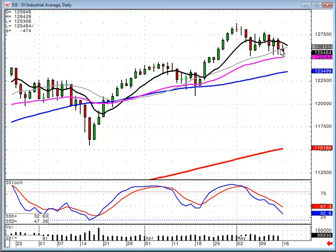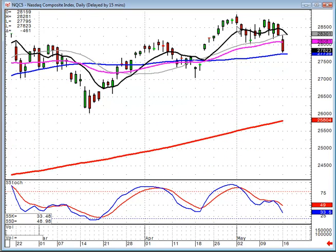Today the market sold off a little bit. The Dow held up, but it was a question of whether the Dow was going to hold up and the Nasdaq come back up, or whether the Dow was going to fade. However, the Nasdaq had gapped down after it closed back down below the T line, and so that gap